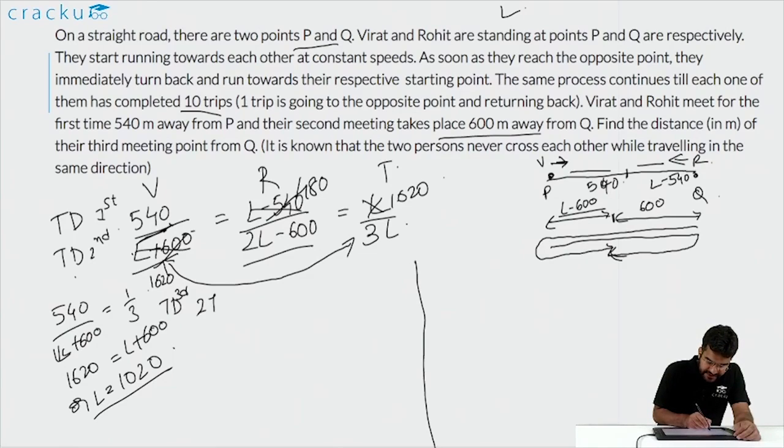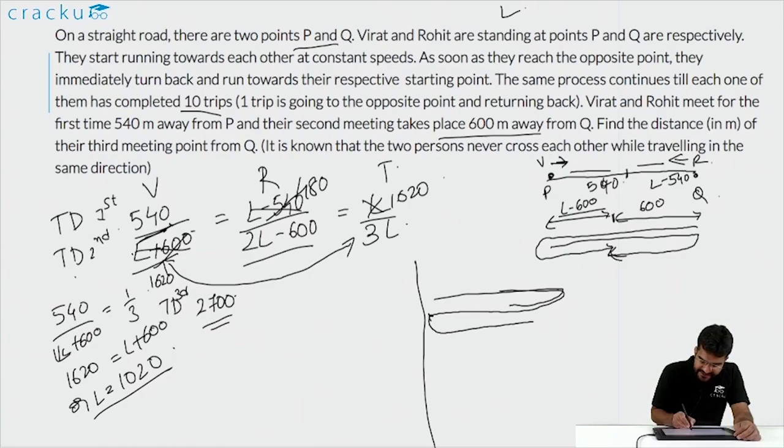540 into 5 is 2700. So this is the total distance that Virat has travelled. Now this is 1020. When they come back, this will be another 2040. So after 2040, he has again travelled some distance, but the total distance that he travelled is 2700. So this is 1020. He comes back again to P. This is another 1020. And finally, when he goes back here, he has covered 2700 minus 2040, which is equal to